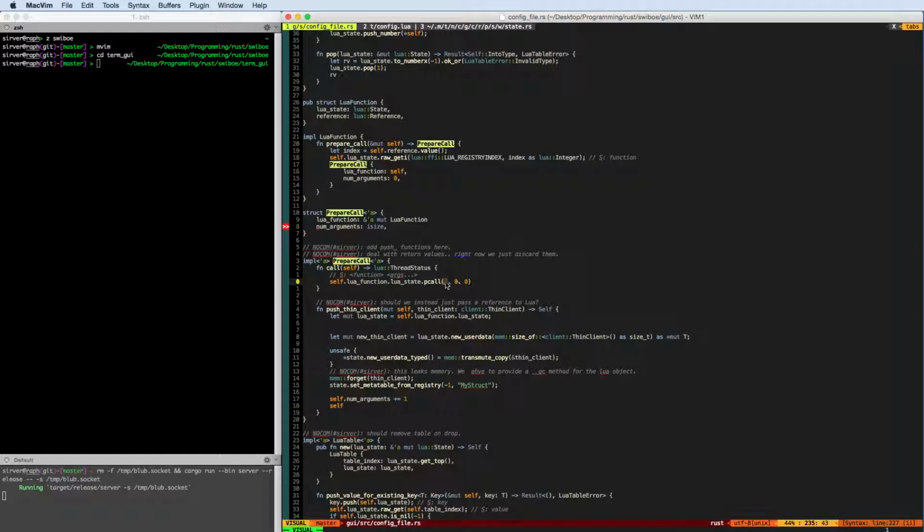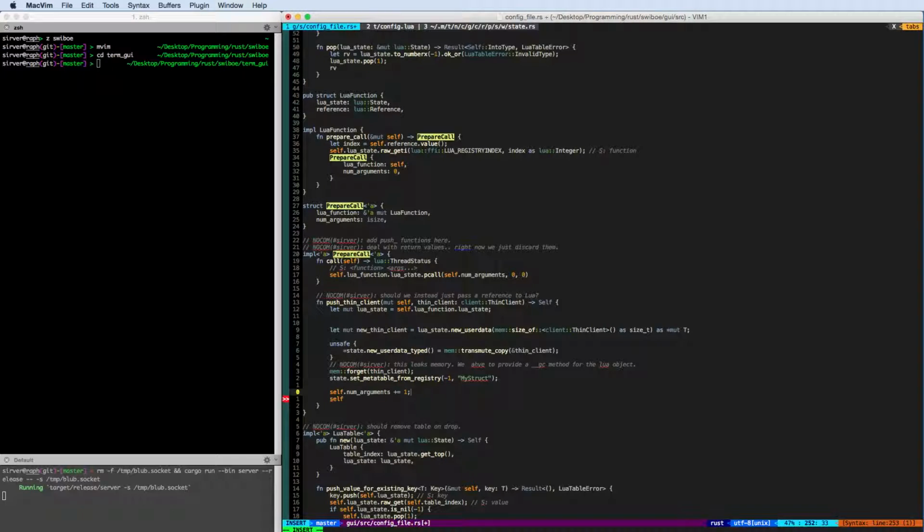And this p call, I think it is first the number of arguments and then the number of return values, so it will be self num arguments that we pass in here, and here we miss a comma, and here we miss a semicolon,